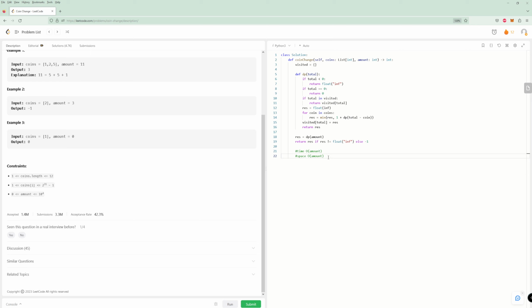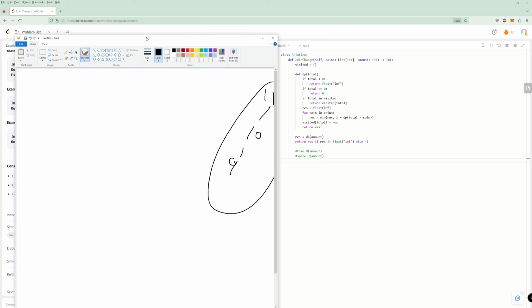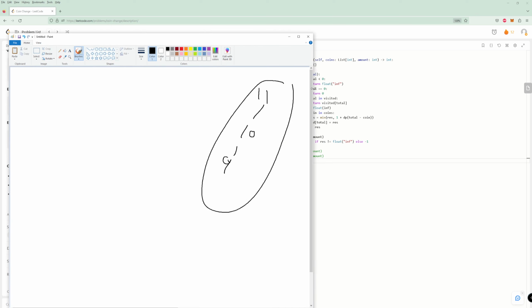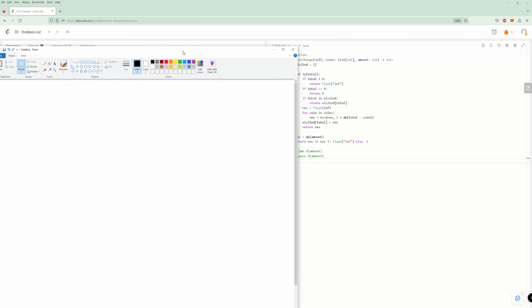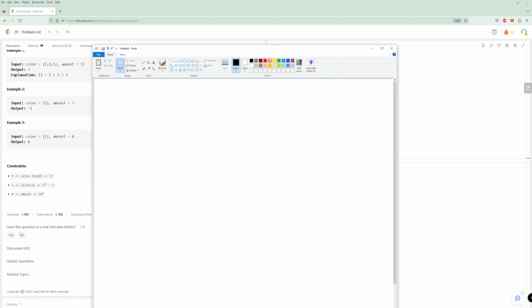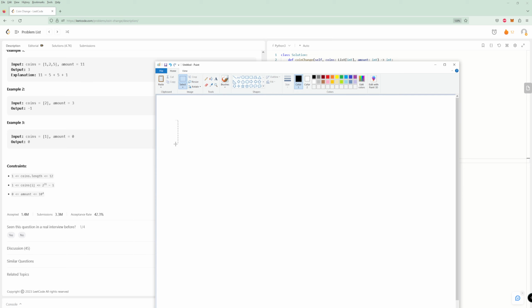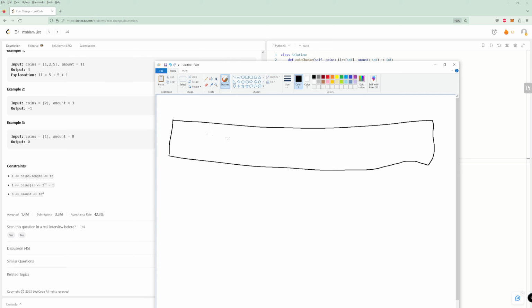Okay. So now let's think of the bottom up solution, and what you want to do with the bottom up solution is you want to look at what's your base case, and then you want your first element in the bottom up solution to be the base case. And so our base case here is total, so when total equals 0, we're at 0. So let's just do that. So we're going to have an array, and we're going to have that array from amount to 0. So the numbers here are going to be like,